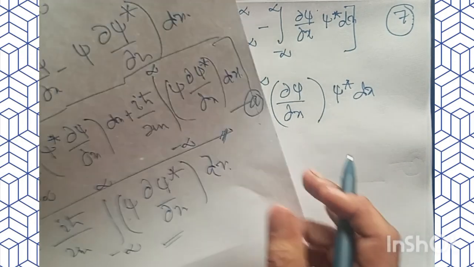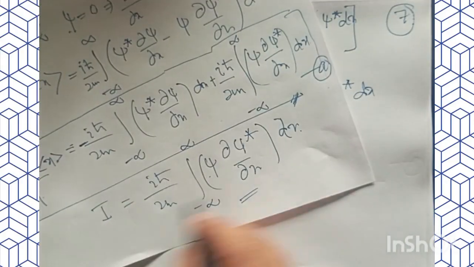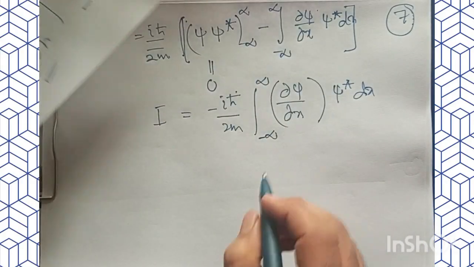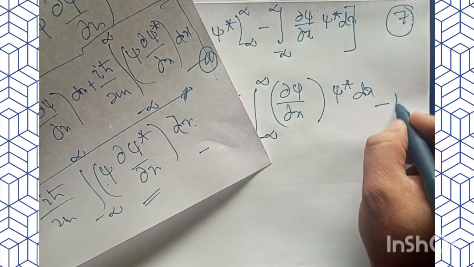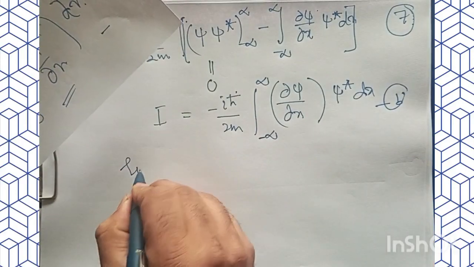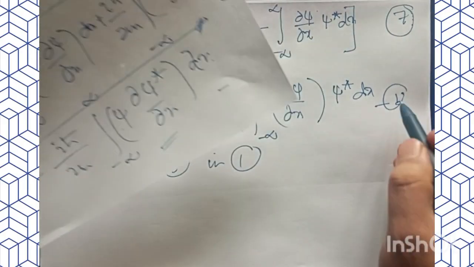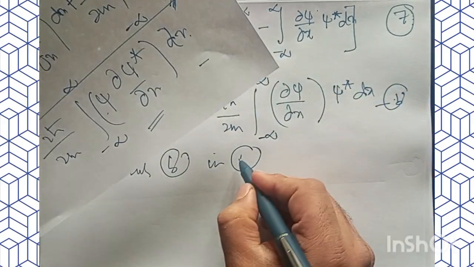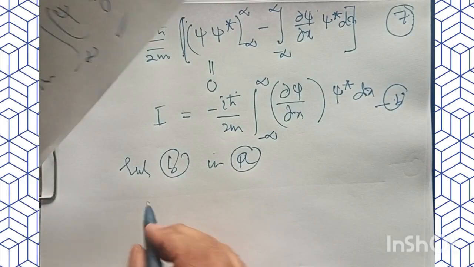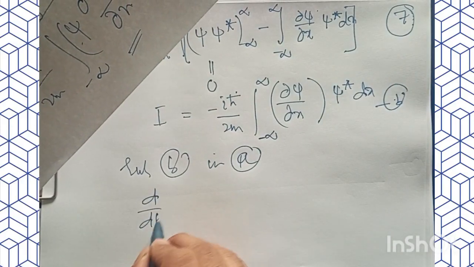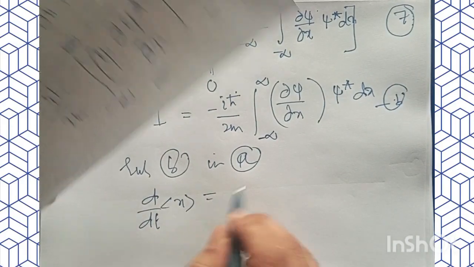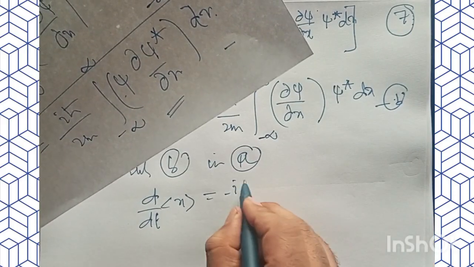Now I'm going to use this integral that I have in the original equation. So what should I call it? I should call it b. So substituting b in a. Okay, so what I will have is d by dt of x will be equal to, minus i h cross